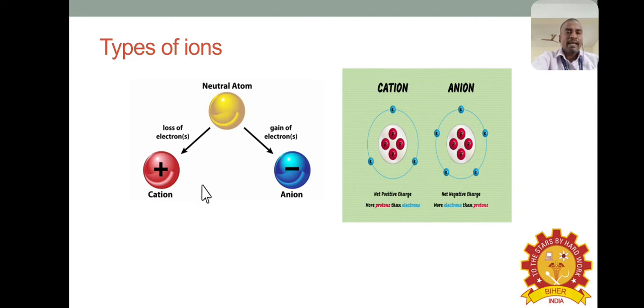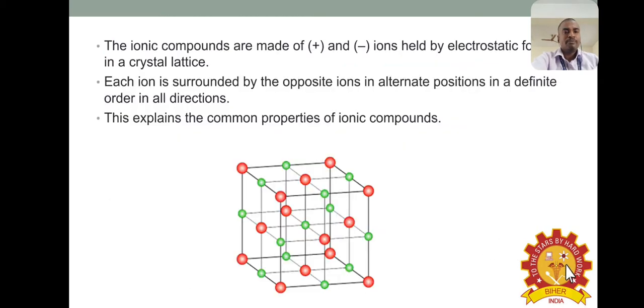Similarly, when we add one electron to a neutral atom, we can get anion. This process is called electron affinity. Energy required to add one electron to a neutral atom is called electron affinity. From ionization and electron affinity, we can get two types of ions, cations and anions. When these anions and cations combine together, they form ionic compounds. Most of the inorganic compounds are ionic compounds.